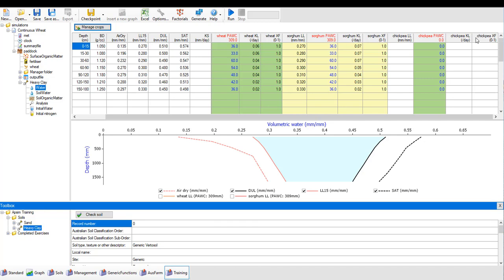Now, XF is the root exploration factor, and it sits between 1 and 0, with 1 being fully non-limited root exploration of that soil layer, and 0 being fully limited root exploration in that soil layer, which is sort of the equivalent of trying to grow a crop in concrete. The KL factor is the proportion of plant available water that the plant can extract from that layer on